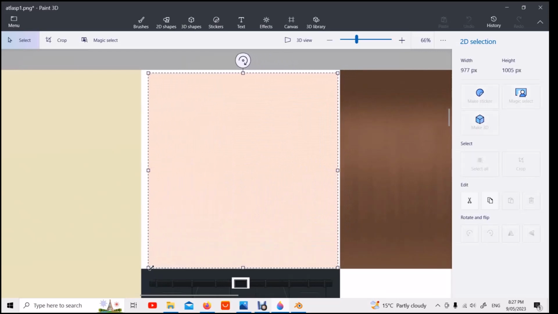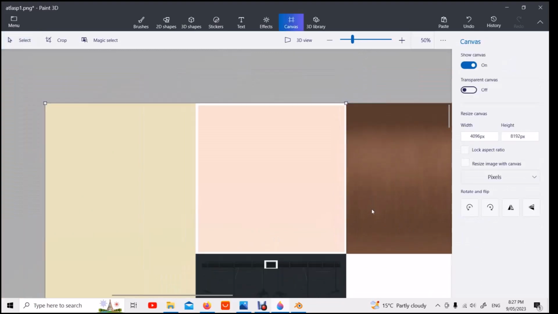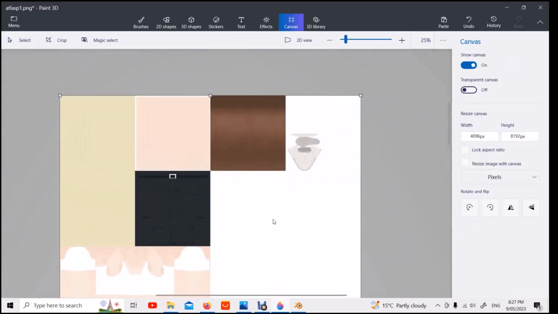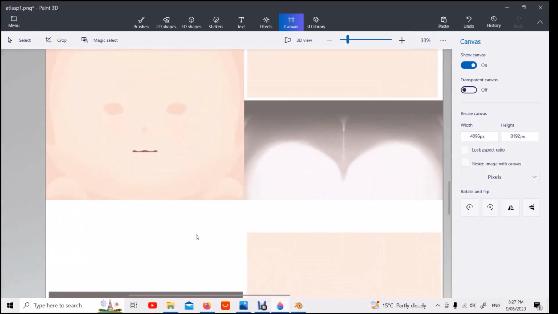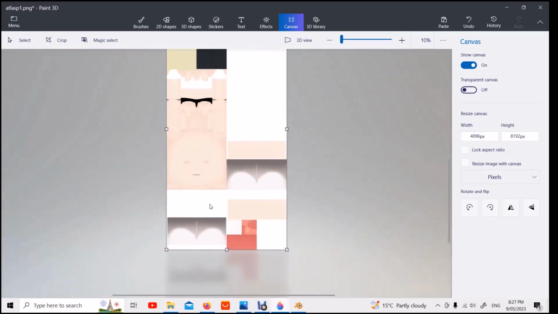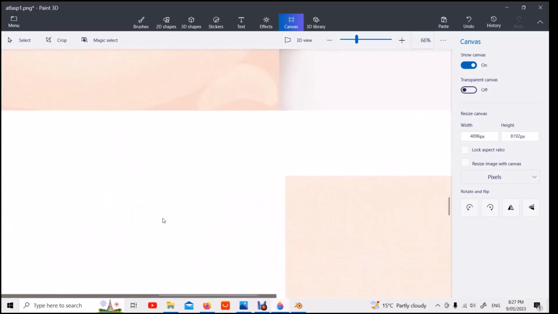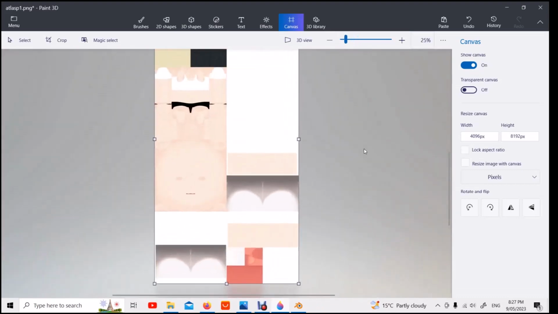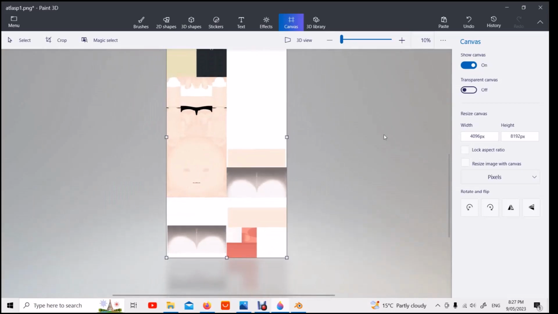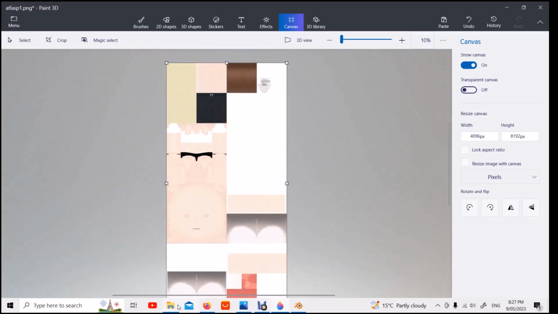Fill up most of this. There we go. Right, so we've got the hair, we've got the eyebrows, and these dots we're not going to worry about. I'm going to delete the dots on the eyes. Okay, next